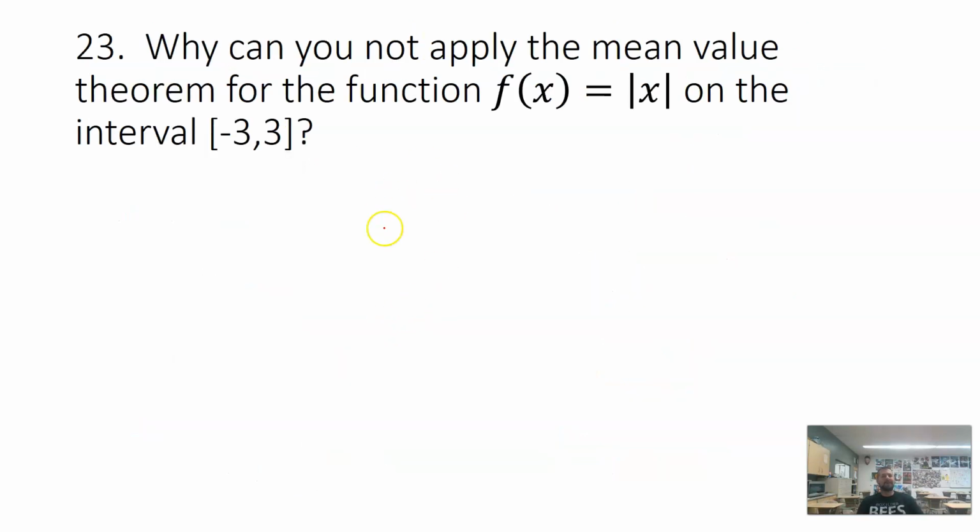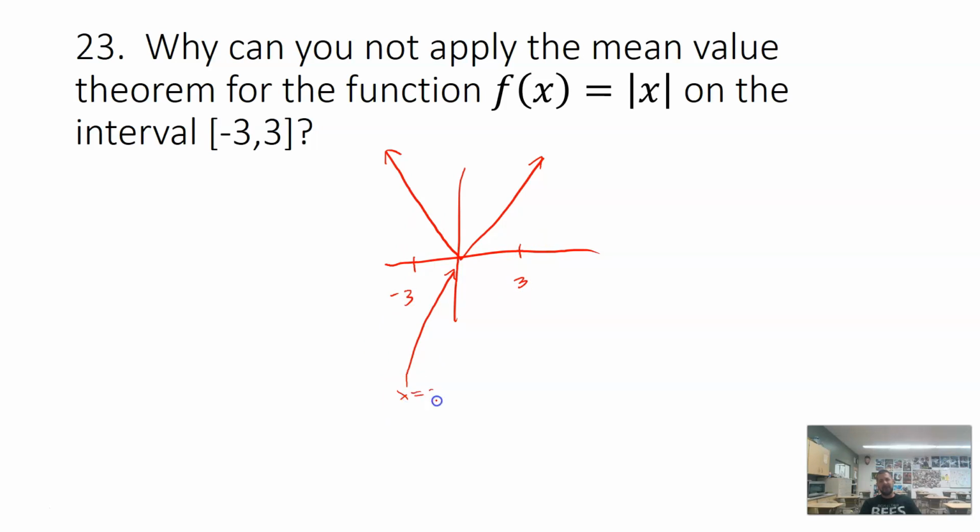The last problem on the review, why can't we apply the mean value theorem for this function? We have to know what that function looks like. So the absolute value of x looks like a v. The reason why I cannot use the mean value theorem from negative 3 to positive 3 is that if I look at this function at x equals 0, I have a corner, which means between negative 3 and positive 3, there is a place that the function is not differentiable. It's not differentiable at x equals 0, which means I cannot take the derivative there,